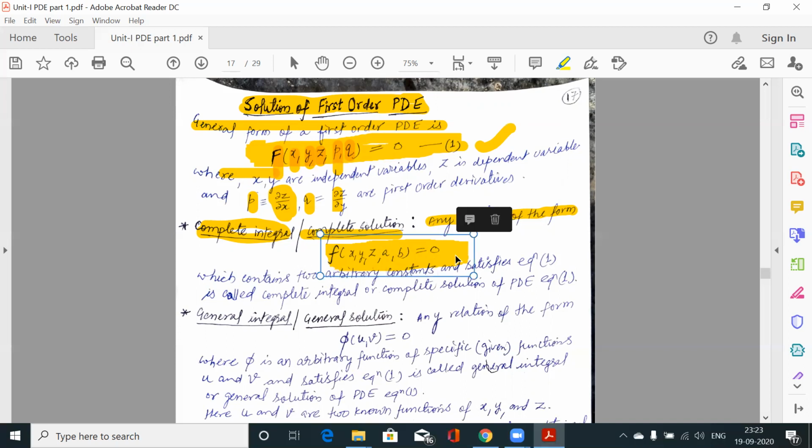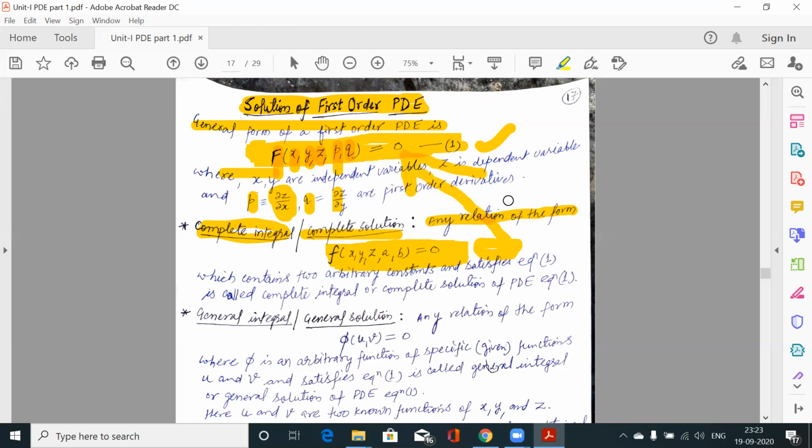We had to find the corresponding partial differential equation. So what we did was eliminate the two arbitrary constants a and b from its derivatives. We differentiate with respect to x and with respect to y, and eliminate the arbitrary constants from these equations to get the PDE. So it was a reverse process. We were given the solution, and from it we had to find the PDE.